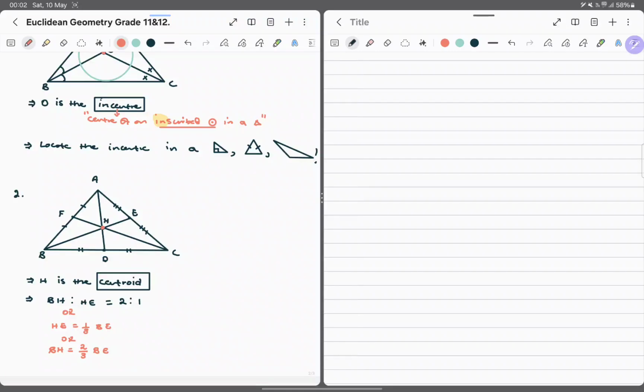Right. So there's too many things we want to say, but at the end of the day, we don't want to say too much. Okay? And in fact, this ratio can still be written as BH over HE is 2 is to 1, or is 2 over 1. So these things, guys, are very important to note and to understand,